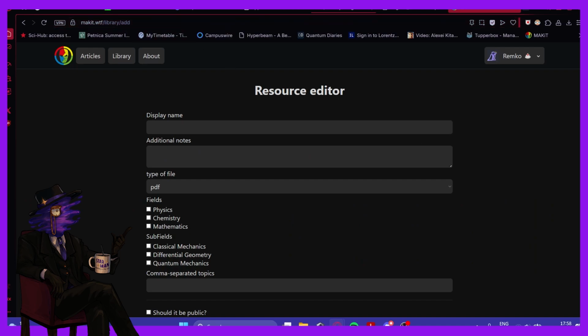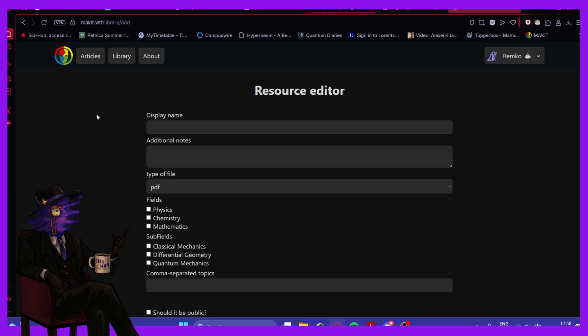Right now, Remco has bachelor's level qualifications in quantum mechanics and classical mechanics, which is why he has access to adding new resources. If you try it yourself and can't, that's because you don't have qualifications, and if you have qualifications in real life, you can just ask us, contact us, etc. to get them. They are given manually for now.